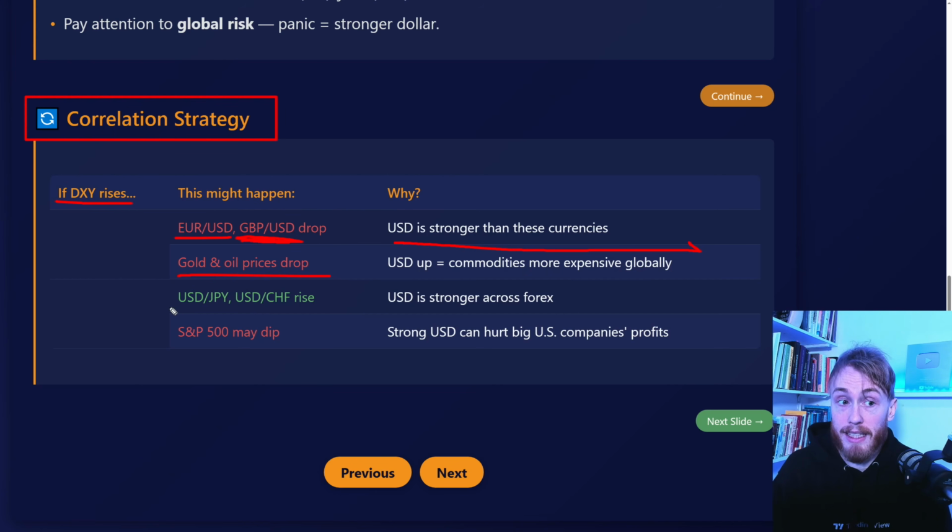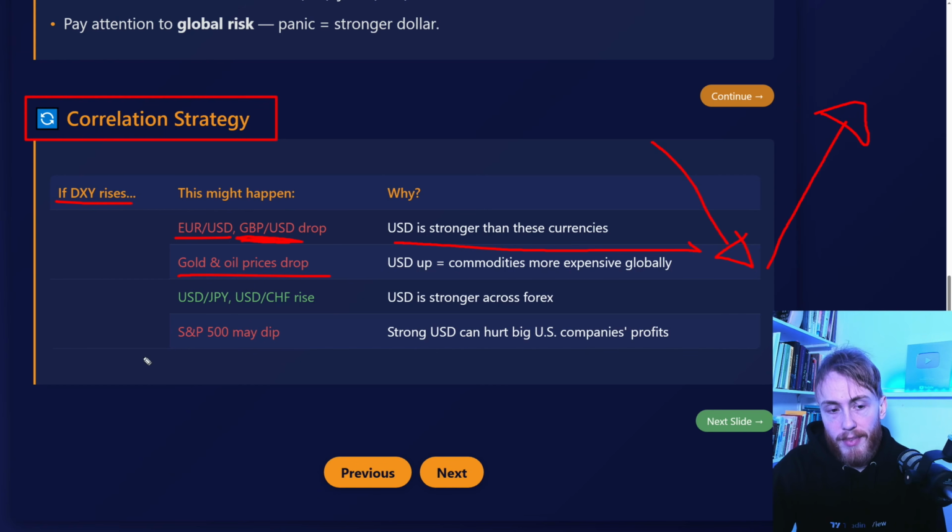So for example, recently the DXY has been falling, right? But the gold prices have been going up. So that is the opposite. Another thing that usually correlates is that when DXY rises, the S&P 500, which is basically the world's largest stock market index,